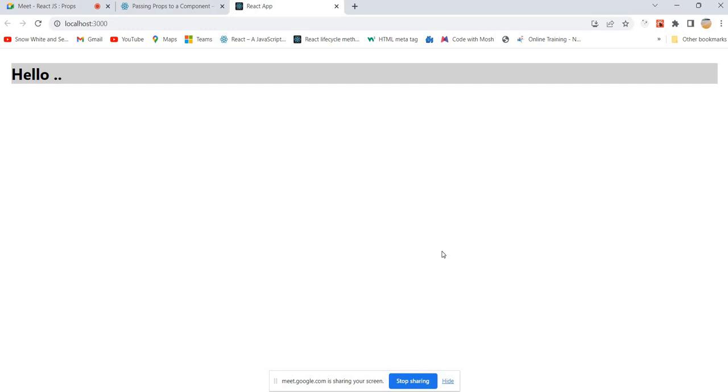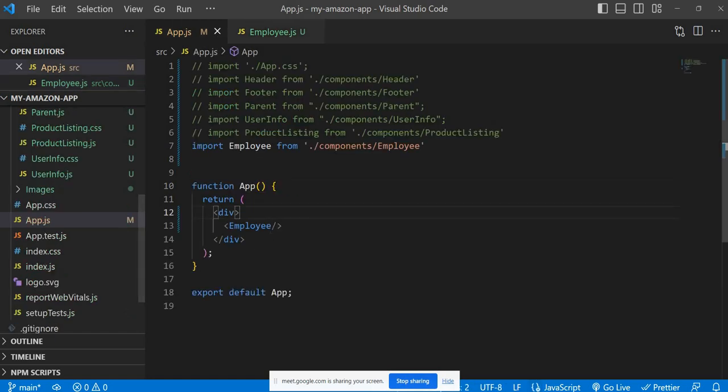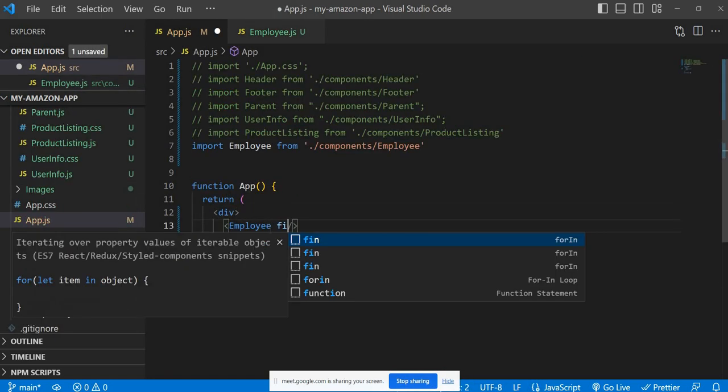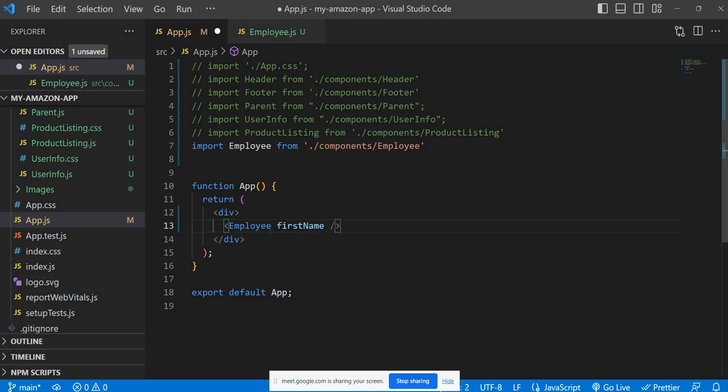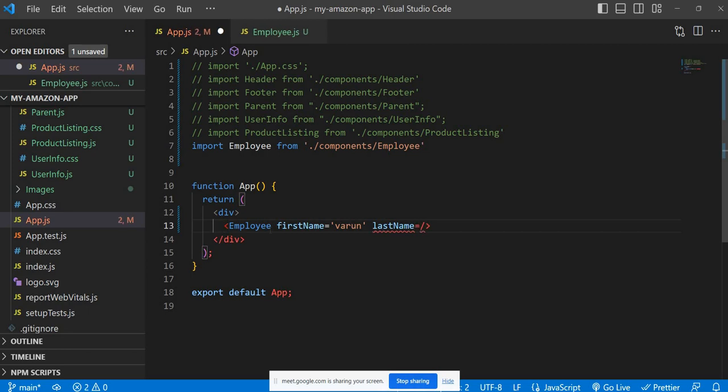So here is the first thing we should understand. We can provide default values to props. First of all, we can pass some properties. So for employee, I'm writing the first name, like Varun, last name